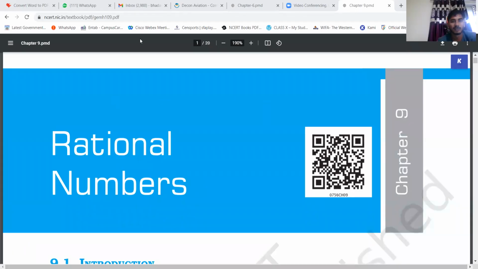So students, we have learned about the rational numbers introduction part, one of the most important chapters, where I told you about the definition. Rational numbers are the numbers which are in the form of p by q, where p is the numerator and q is the denominator, and the condition applied is that q should not be equal to 0. Those numbers are called rational numbers. I gave you various examples also.